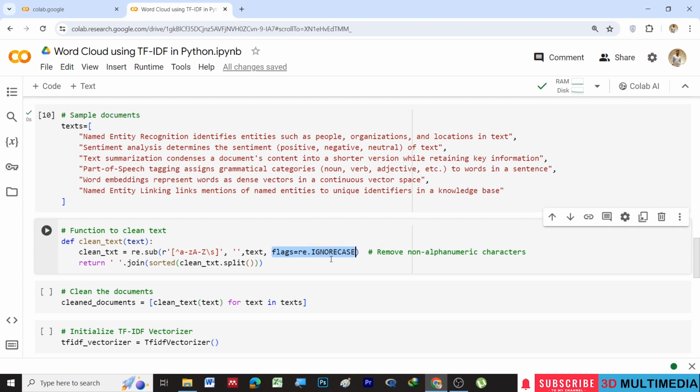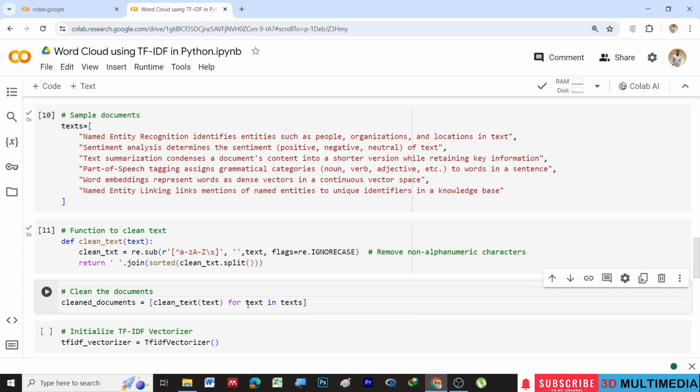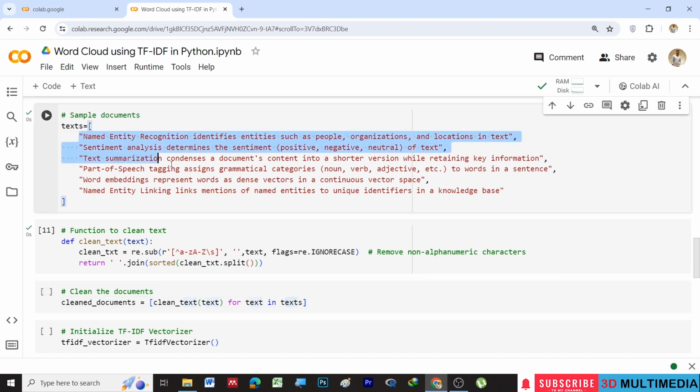So both uppercase and lowercase are considered. Then we split the clean text into a list of words, sort the list of words alphabetically, and join the sorted words back into a single string with spaces. This is how we clean the document. Coming to this for loop, for text in texts, where texts holds our sentences, each text is a single sentence. For each sentence, we clean the text and store it under